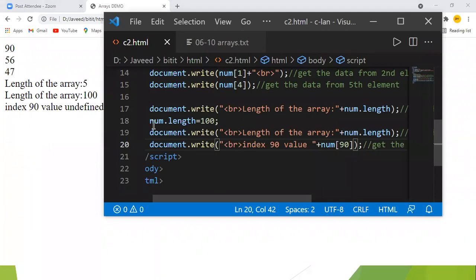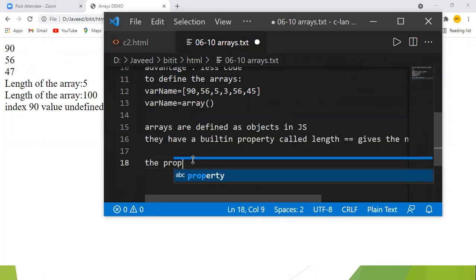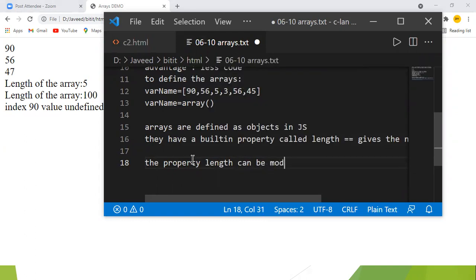Okay, you can remember that the length property can be increased or decreased, can be changed, can be modified in code for us, right?